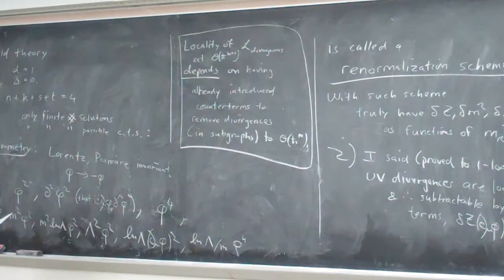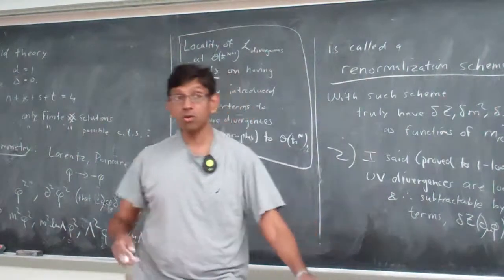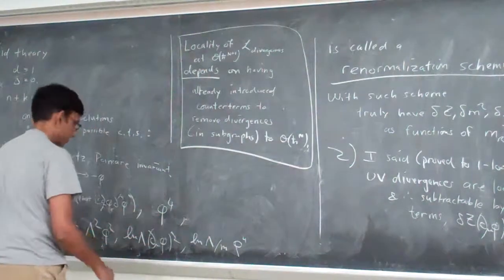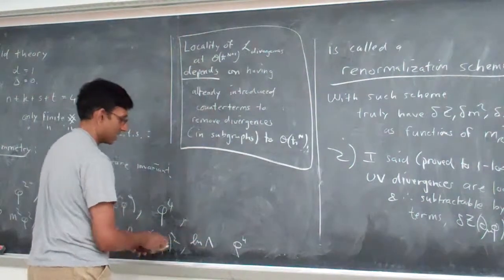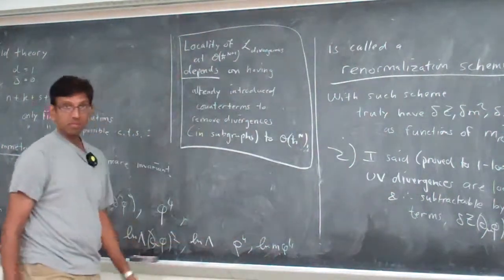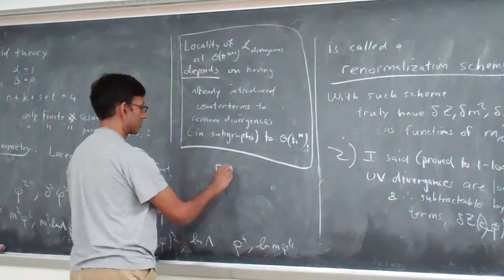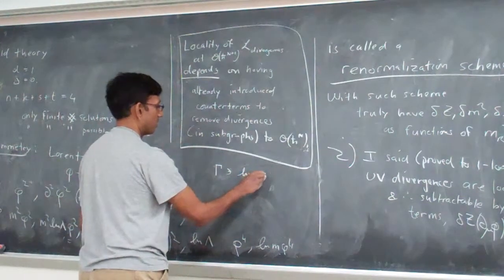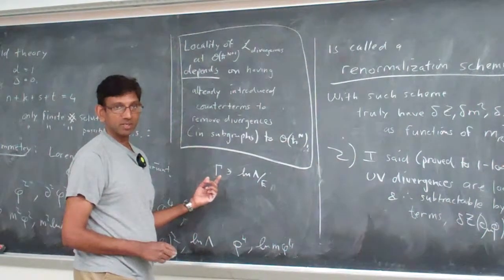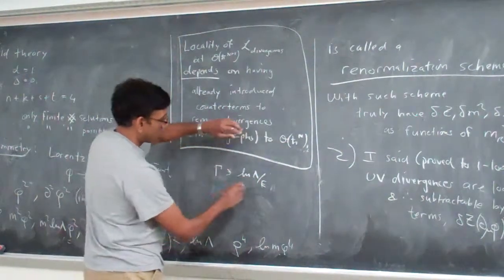So for these log lambda over m terms, we need the m for dimensional reasons. But not necessarily, sorry. You might not have the m. So this was an example. Here, let me write that, and write as a separate possibility things like log m phi to the fourth. Why am I saying no here? Because one thing you could have had is some Green's function containing something that looks like log lambda over some energy when you Fourier transform gamma from x space to p space. You could have got some p, and that could sit in the denominator.